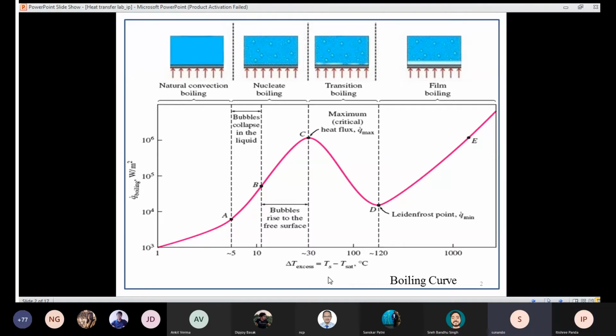But your question is valid: if we did have a very controlled experiment, and there are papers in the literature where all the values of the temperatures, etc., are properly found and calibrated so that you can plot Q versus delta T. The region that is shown by CD is essentially a metastable region. So in many situations, you will not get the region CD even in a controlled experiment. You really have to do very careful experiments to capture the region CD.